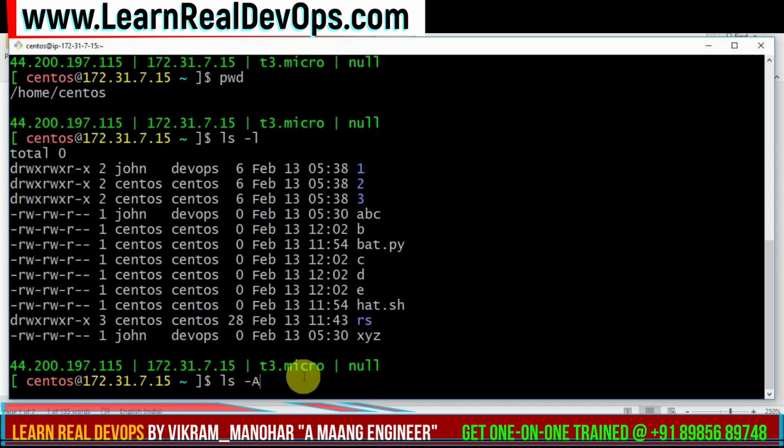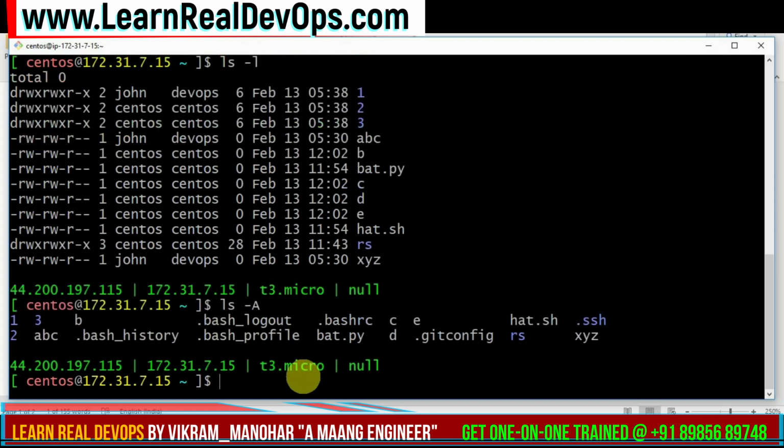It will disclose all the hidden files and folders. So how do you know something is hidden? If a file or folder starts with a dot, it means it is hidden. So if you see a dot, this is a folder which is blue in color, but it has a dot, so it is a hidden folder. This is a file which starts with a dot, which is white in color, so it is a file, but it is starting with a dot, so it is a